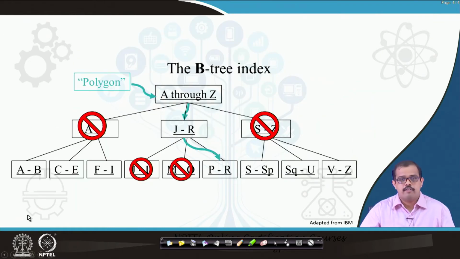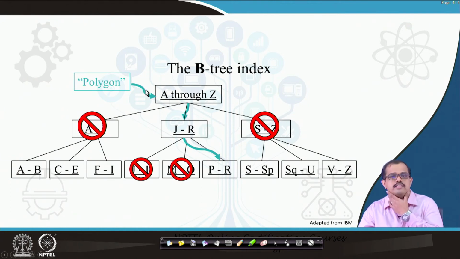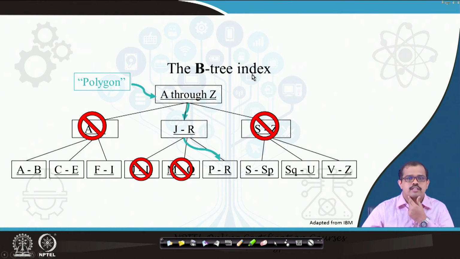So this is an example of a B tree. If you want to find out where between P and R a polygon is, you have entirely A through Z. This is one of those examples that I have adapted from IBM. So if you look at it, you have A through Z. First, A will have its sub nodes from A to I. These are leaf nodes and these are non-leaf nodes. When you look at a leaf node, it checks whether this value exists in this; yes, the value exists, so it goes into the leaf node and digs deep into non-leaf nodes where you find R. So this is how a B tree works.